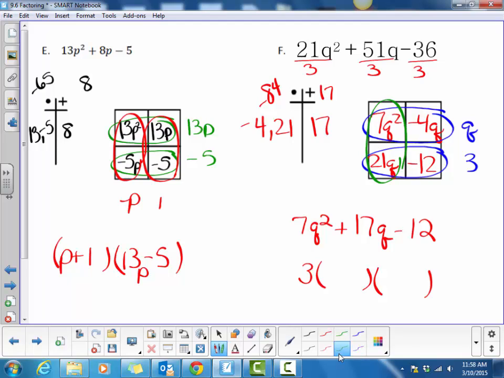Savannah. 7 and 21 are both divisible by 7q. Good job. What about here? How about negative 4? 4 is divisible by 4, 12 is negative. So when I fill this out, I have a 7q minus 4 and a q plus 3. Now hopefully you guys have figured out that when you have